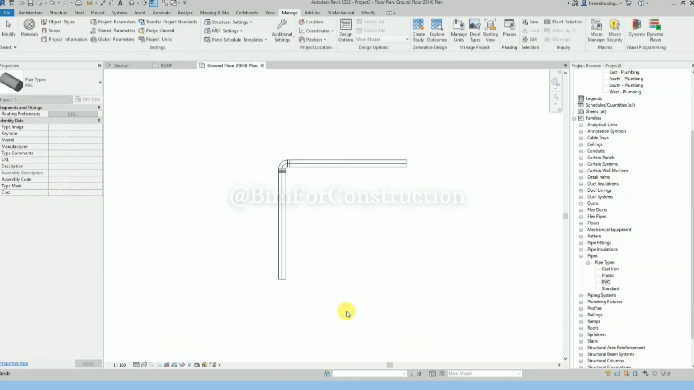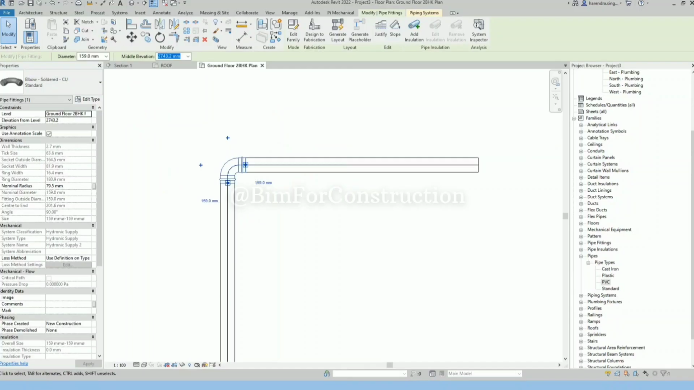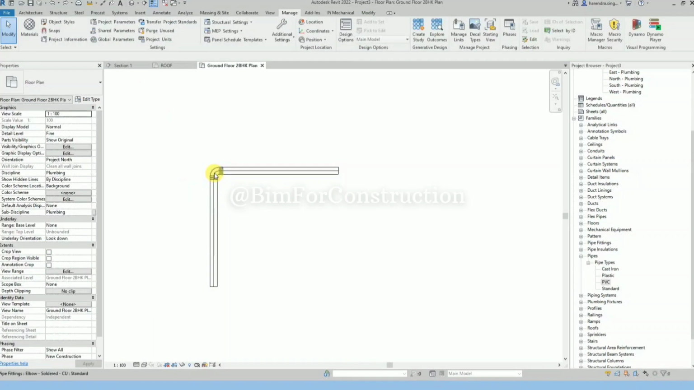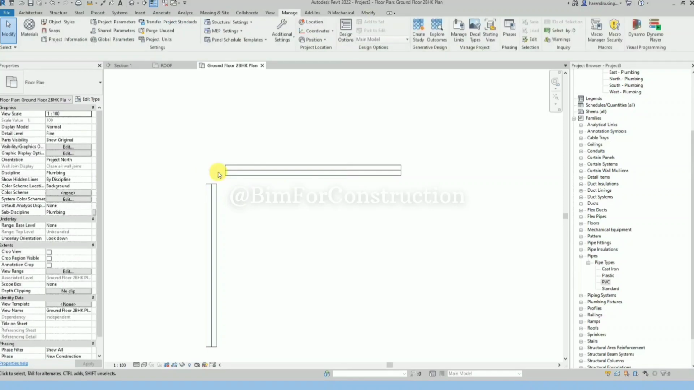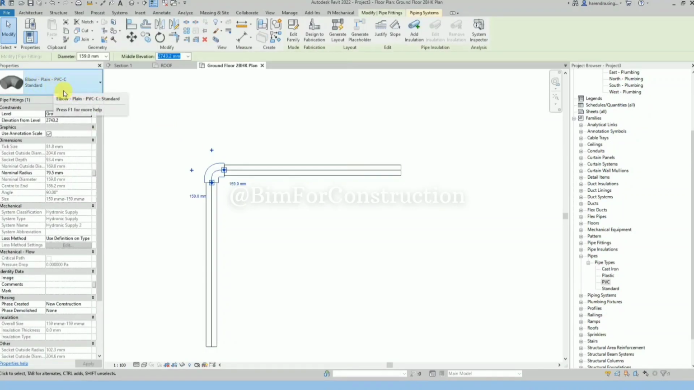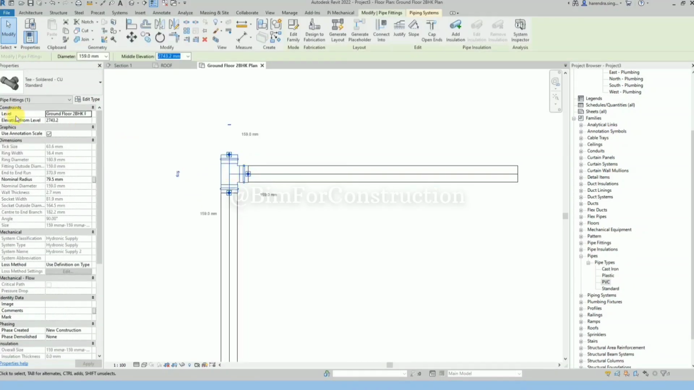Now I will change this to some other fitting. So I can change here. Okay, apply. So existing will be the same that we have created earlier. Now if I delete this and again join those pipes using the TR command, this time the fitting is